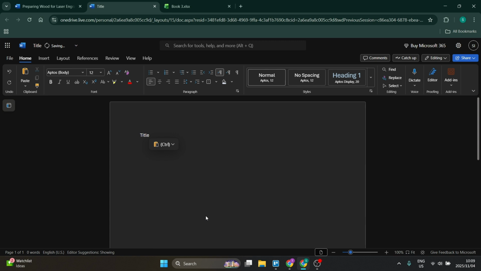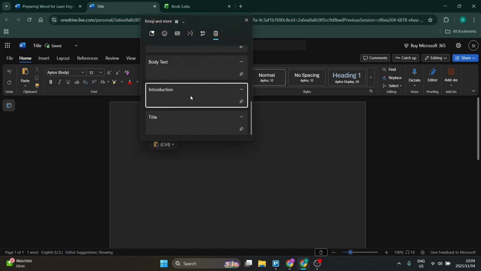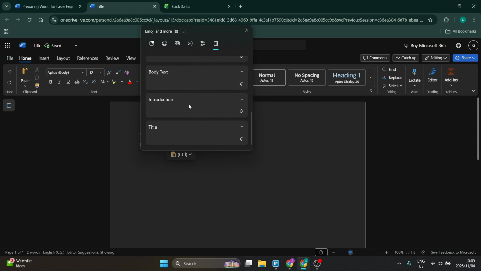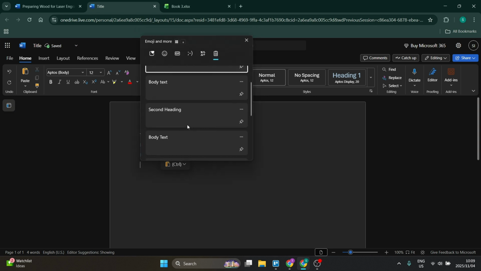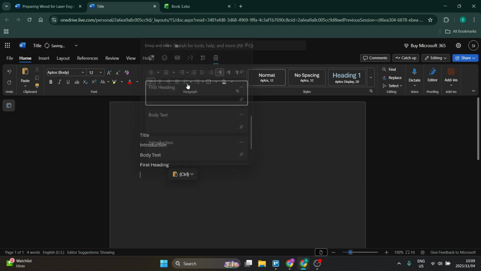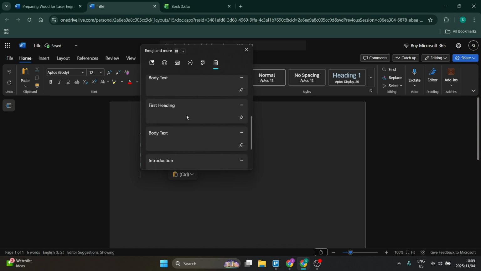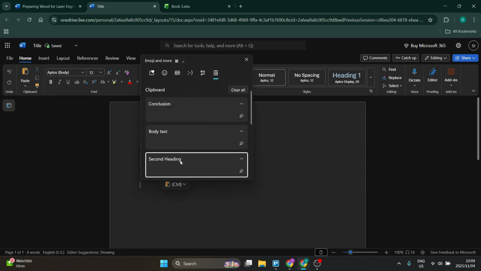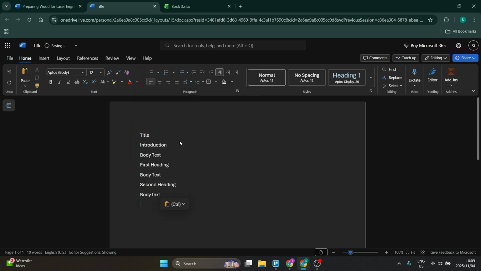So first of all, title. Then I'm going to put in my introduction. Then after my introduction, I've got that body text. After the body text, I've got my first heading. After the first heading, I've got body text again. Then I've got second heading. Then I've got the body of text, and then my conclusion. Okay, so you can even put a subtitle here as well if you would like to,